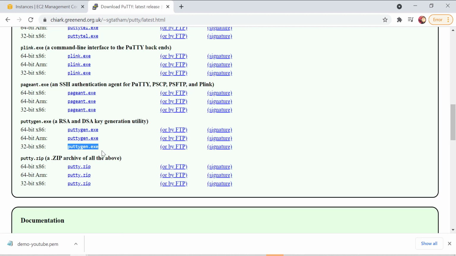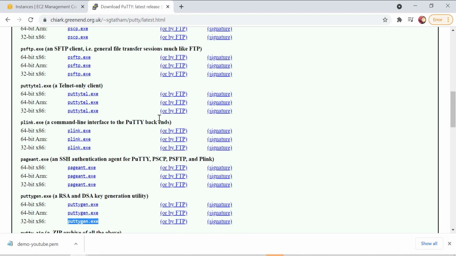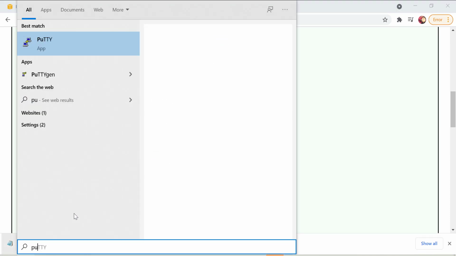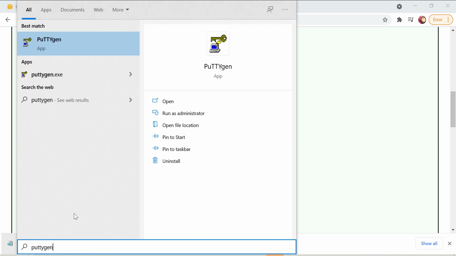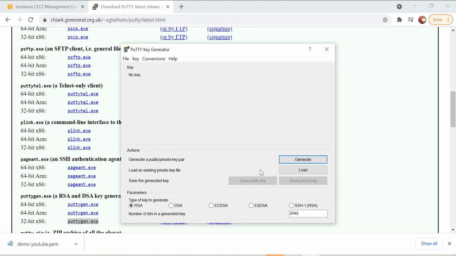Now, after downloading Putty and PuttyGen, you need to open PuttyGen. There you will find an option to load. Here you would be loading your demo youtube.pem, which is the key pair which I have created.